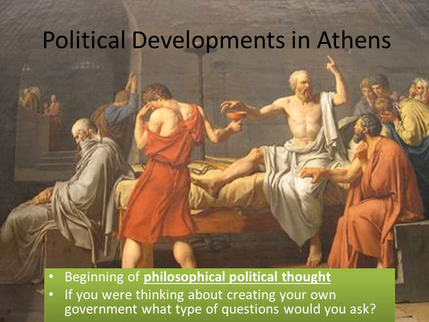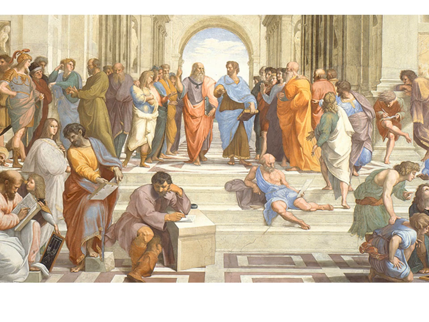And this is something to consider. If you had to design your own government, not just what would the government look like, but what type of questions would you ask to decide what is fair? Who benefits from your government? Who suffers in your government, and why? These are questions that thousands of years ago, ancient Athenians, classical Athenians also wondered, queried, and came to conclusions about. What you see here is a famous painting called The School of Athens by Raphael, a Renaissance artist nearly 2,000 years later.